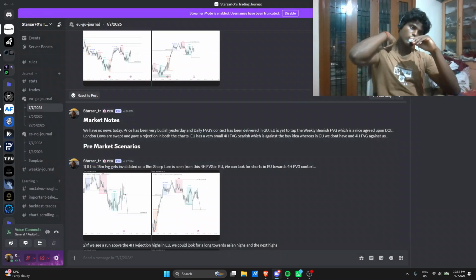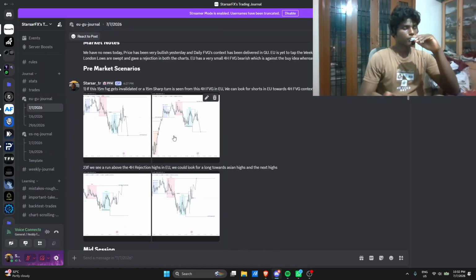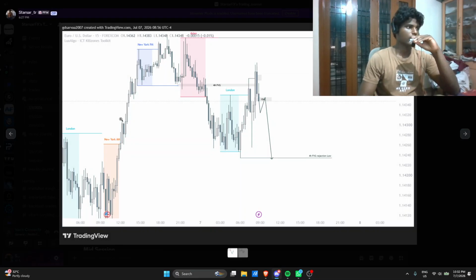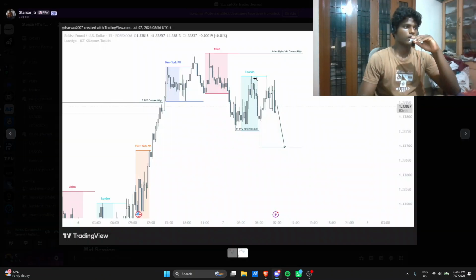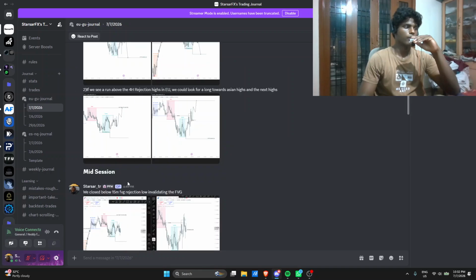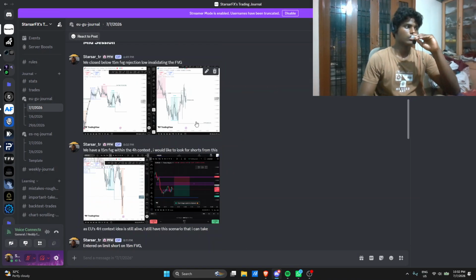So one thing about the 4 hour fair value gap in EU is that we'll have it in context. So a short was valid, but at the time price was 50-50. These were my entry. We had this 4 hour fair value gap. If we invert this 15 minute, a short towards this fair value gap projection low looks nice. Similarly, we swept the London high, so this could also push lower in the meantime. And the second one is we just respect this fair value gap and we run higher. Only these two scenarios for today.